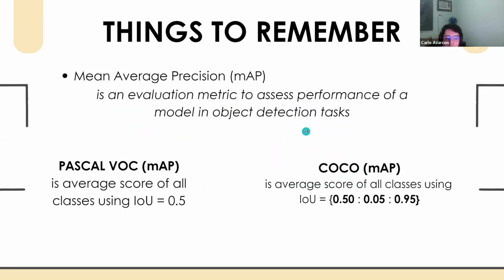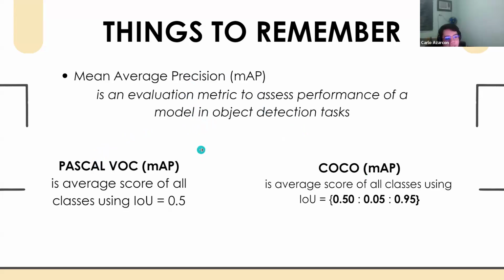Now, in your evaluation, you usually set an IOU threshold to filter out those poor detections, which is applicable to this metric called the mean average precision metric, which is an evaluation metric to assess the performance of a model in object detection tasks. So there are two known standard metrics for this, which are the Pascal VOC and the COCO, which represent their mAP in